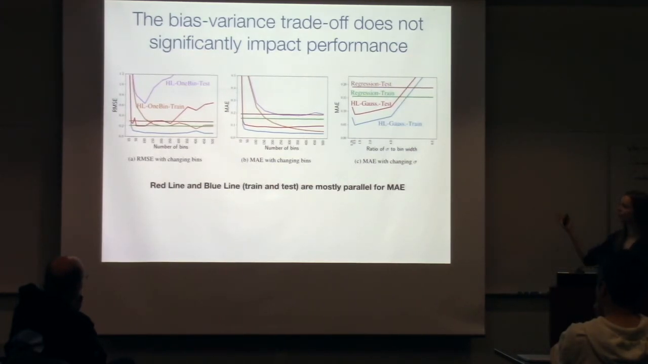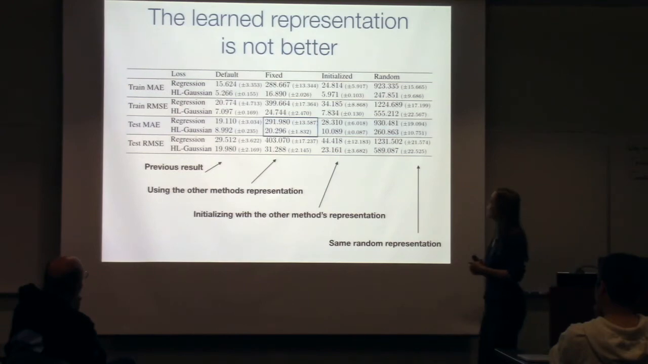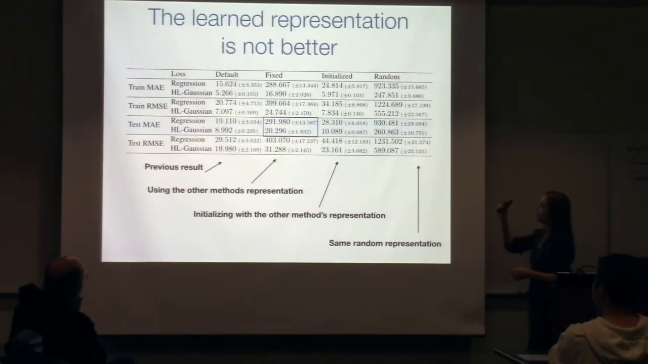This was our first hypothesis, that we were getting some bias-variance effect. We tried really hard to figure out what was going on here, but it doesn't seem to have a clear bias-variance trade-off. Okay, and then the last experiment I'm going to show you that is saying something is not the reason,